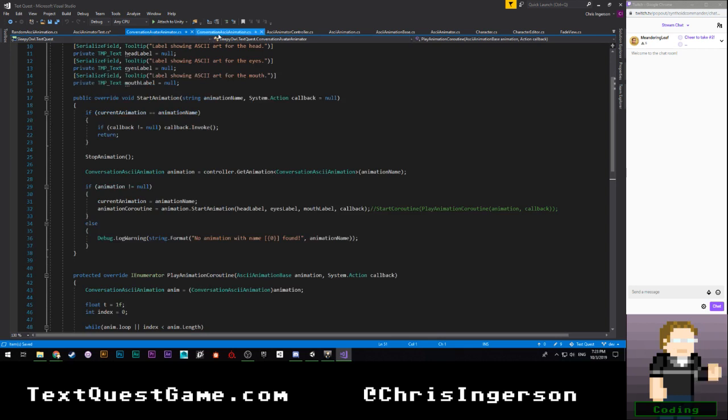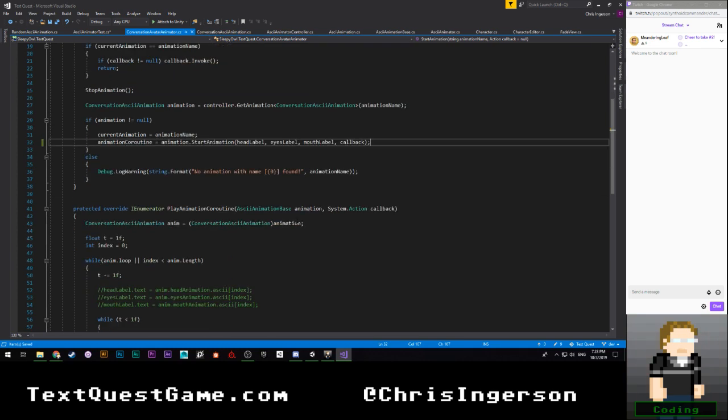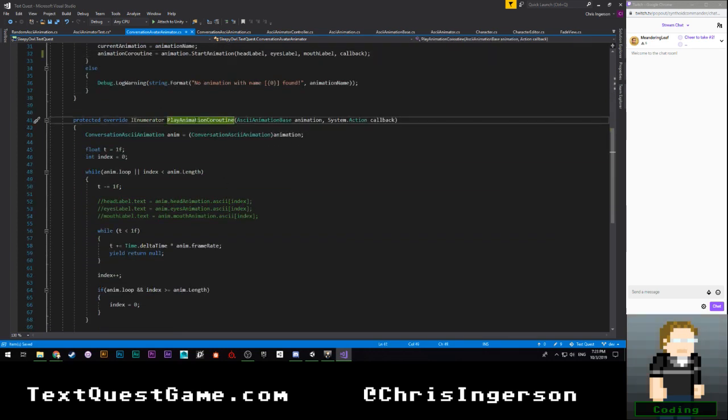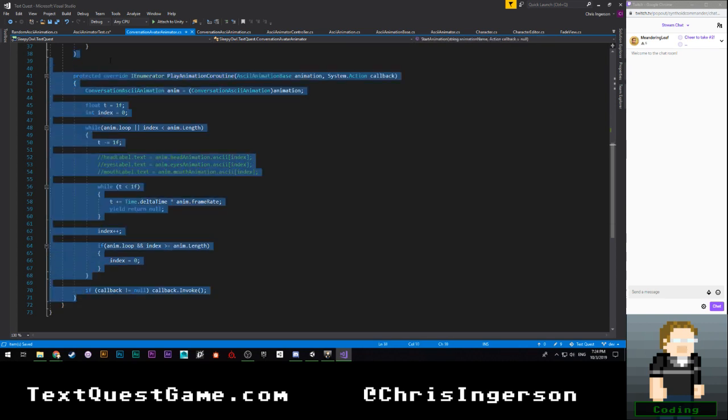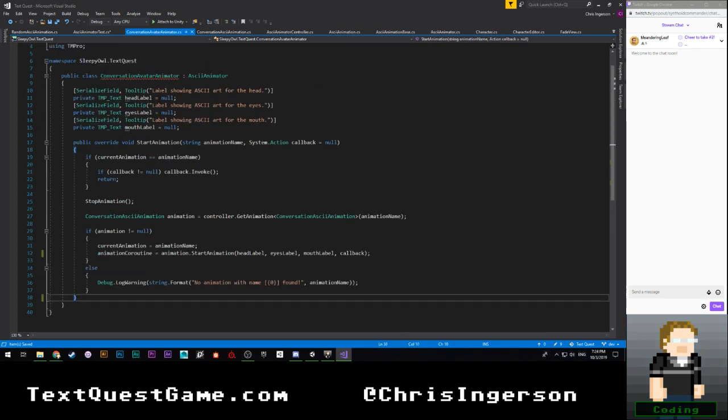So if we come over here to our conversation avatar animator, we get our animation, and we get our animation coroutine right here. Okay. So I'm going to go ahead and get rid of play animation coroutine and all of that, because it doesn't need to be handled like that, and it should not be handled like that. We're going to go over here to ASCII animator.